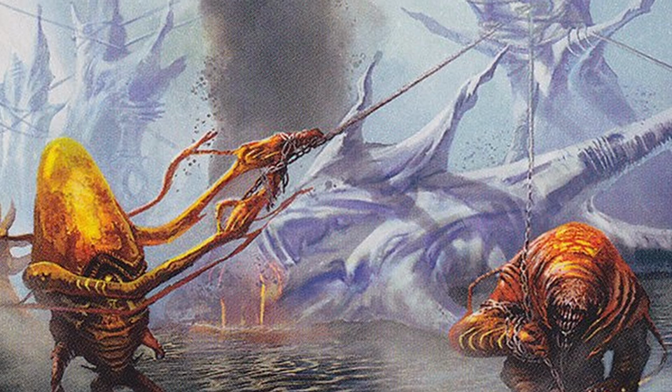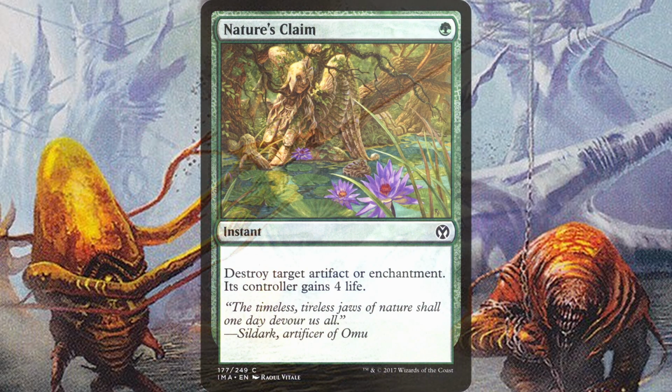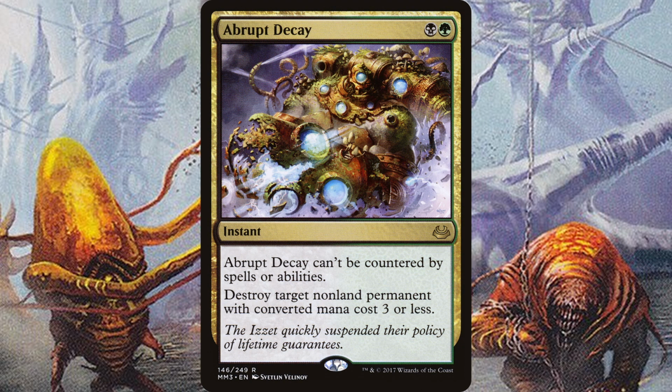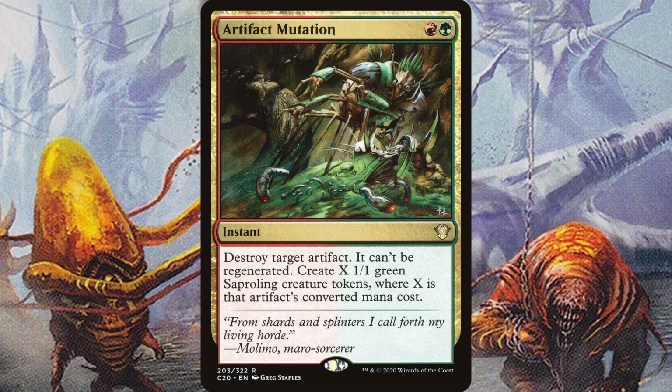So next up we have removal. We have Nature's Claim, Tragic Slip, Vandal Blast, Abrupt Decay, and then Artifact Mutation, which is really nice because it's a 2-mana instant speed artifact removal spell that also generates us a bunch of sacrifice fodder that we can use